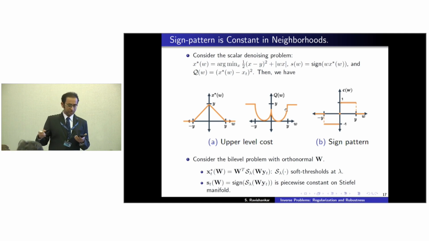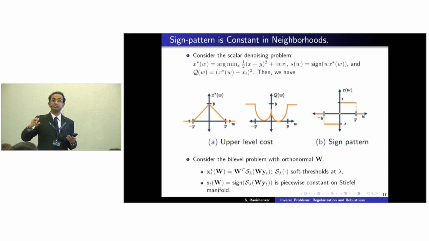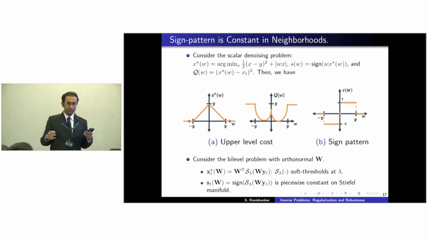Another case where we can analytically show the sign pattern's behavior is if your W is orthonormal. If your weight matrix is orthonormal, then you can derive an explicit closed form expression for x star, involving soft thresholding the transform signal and applying the transpose of the operator. In this case, you can show that on the Stiefel manifold of orthonormal matrices, the sign of Wx star is piecewise constant. So if you're doing gradient descent on the manifold, the sign pattern is piecewise constant, and therefore the implicit closed form expression becomes explicit again. In the most general case, it's hard to show that the sign pattern is piecewise constant. But we have empirically and extensively